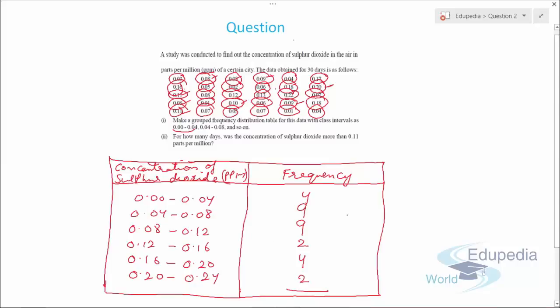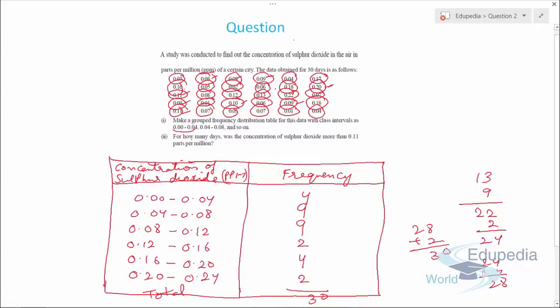So we need to add to check whether we are doing the correct distribution. So it will be 4 plus 9 is 13, 13 plus 9 is 22, 22 plus 2 is 24, 24 plus 4 is 28, 28 plus 2 is 30, right? So we have 30 values. You can say that the total is 30, right? Now